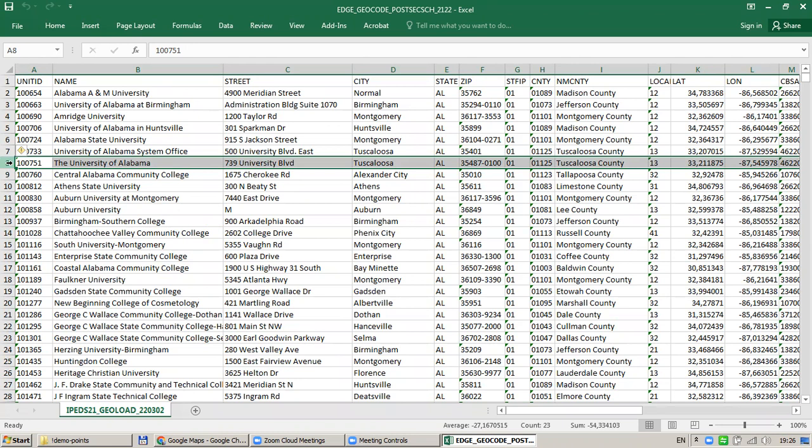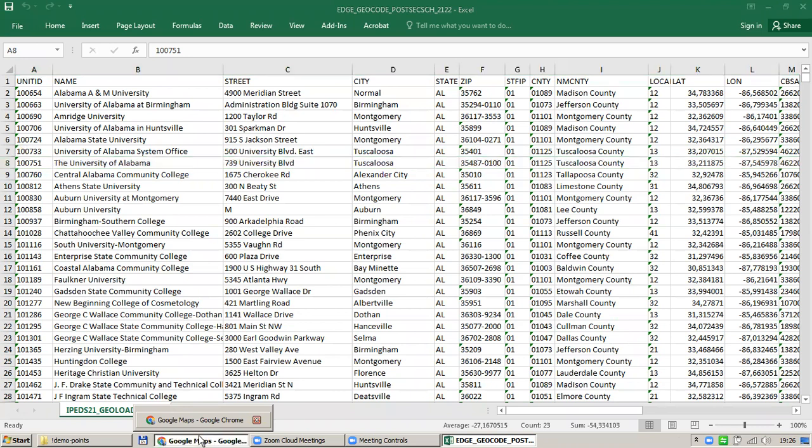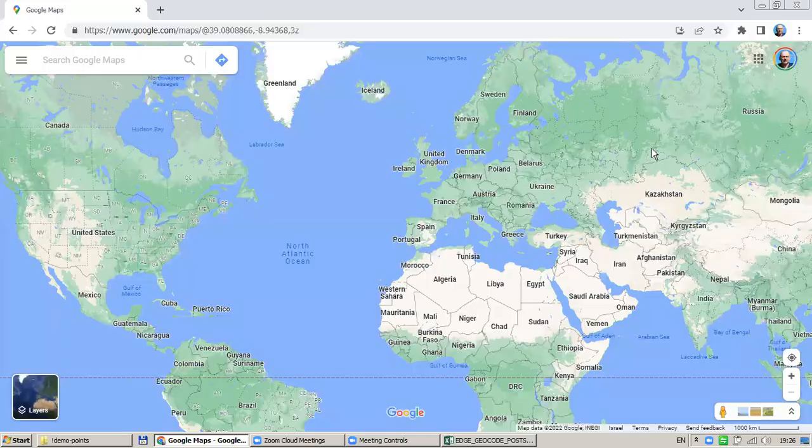So for every line, we have two values of geographic coordinates, which could help us locate every university on the map. And we could use our Google Maps, which we already know, to just show these locations on the map. How could we do it? Again, we could use this